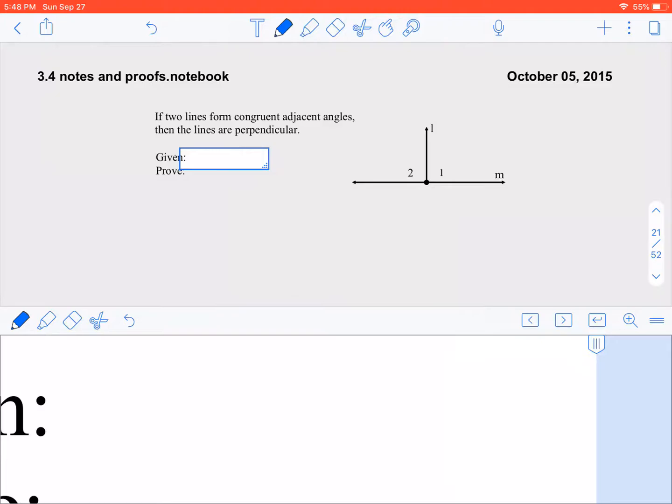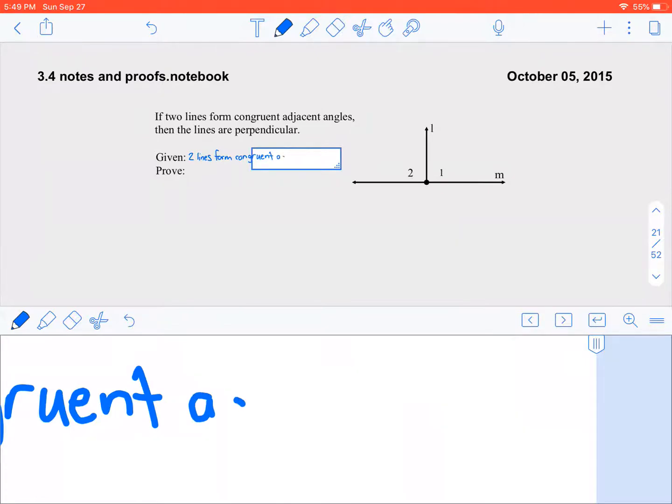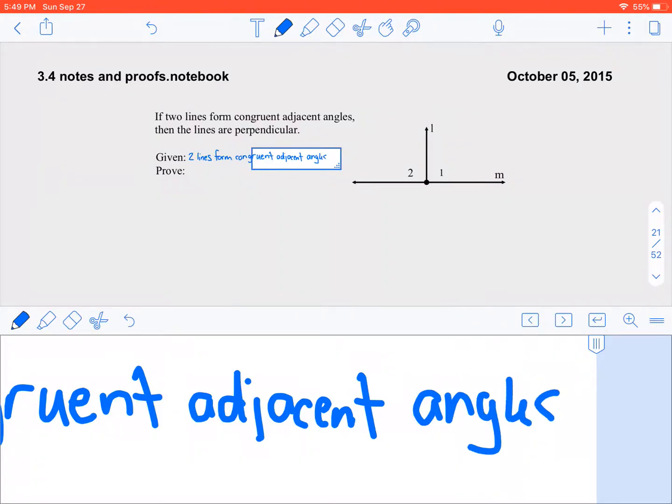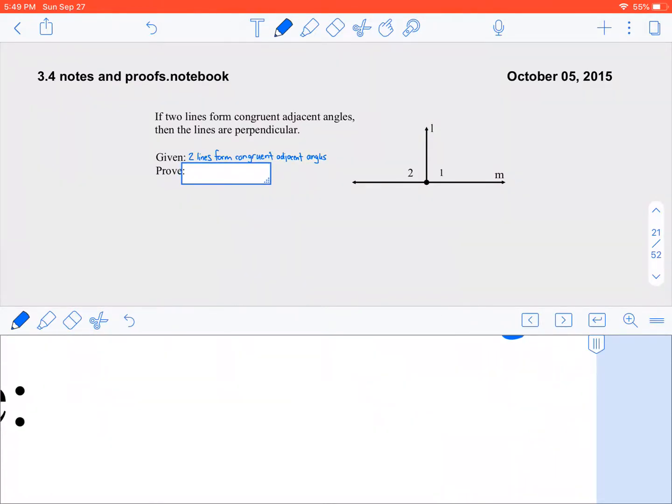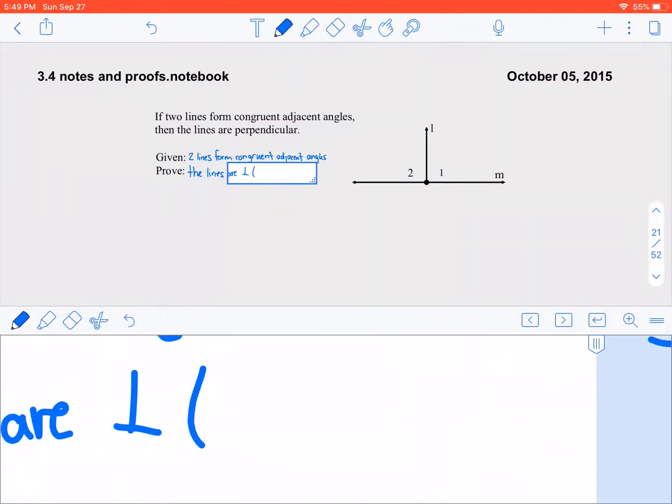So given is that two lines form congruent adjacent angles, we're going to prove the lines are perpendicular. In other words, L is perpendicular to M is what we're going to prove. So,